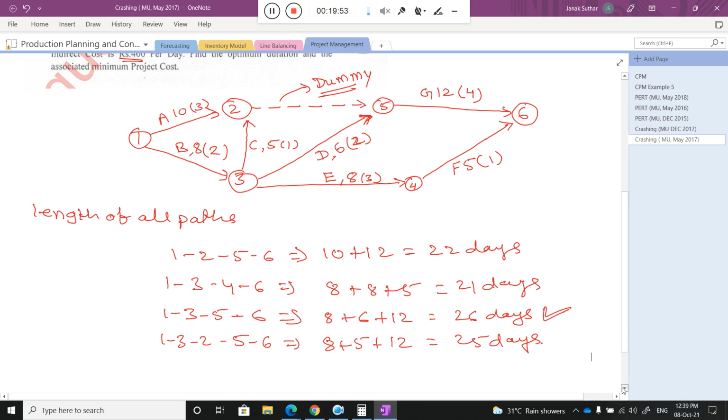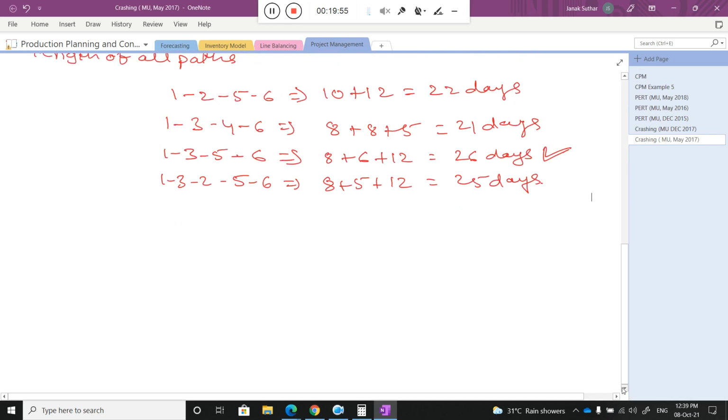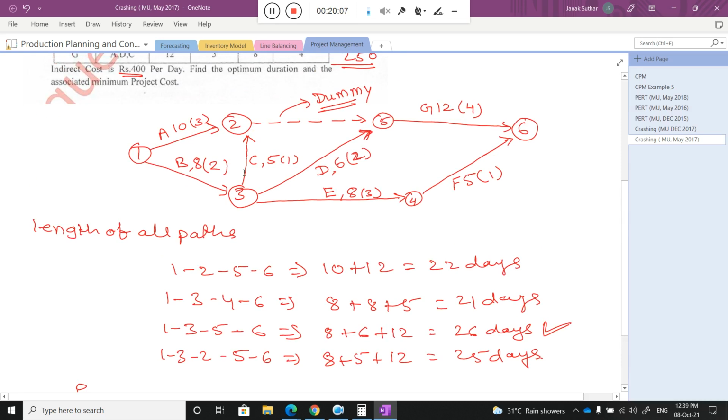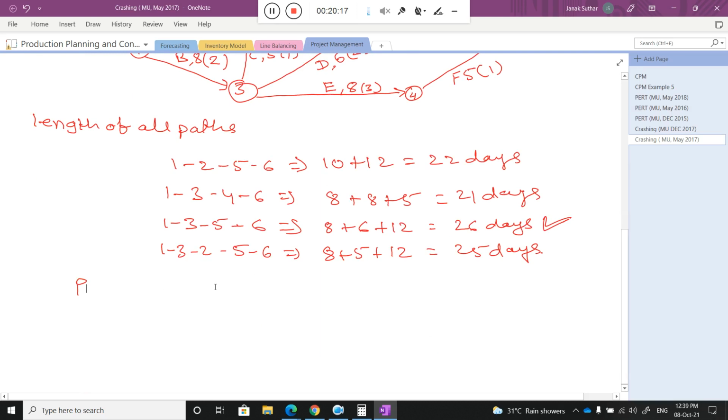I am not writing everything here, but please try to understand, the project time duration is 26. No, no, no, no. Please see the direction. Don't see the number. 1, 2, this is the opposite direction. We cannot do that. Okay, I have written here, but I have a doubt whether we will complete this numerical during the time or not. Just wait.